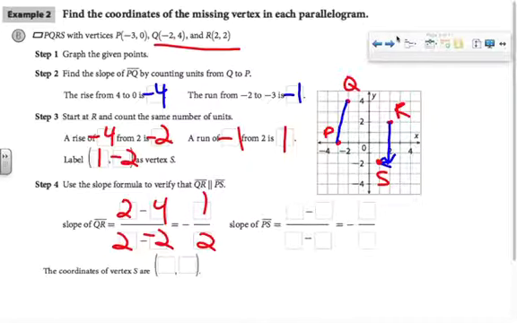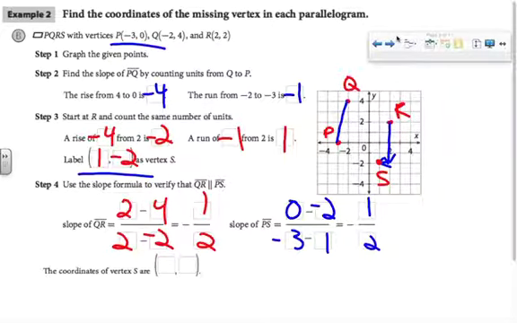The slope of PS is this point and this point plugged into the slope formula, so that's 0 minus -2 over -3 minus 1. And that will be 2 over -4, which reduces to also -1/2. So the coordinates of vertex S are 1, -2. And again, when we connect the dots,